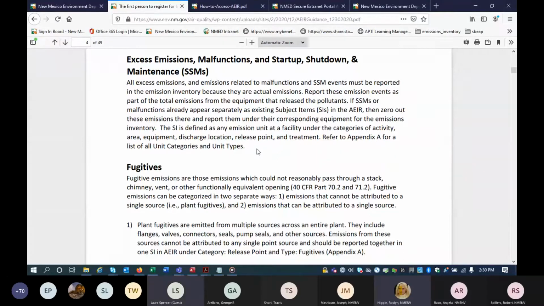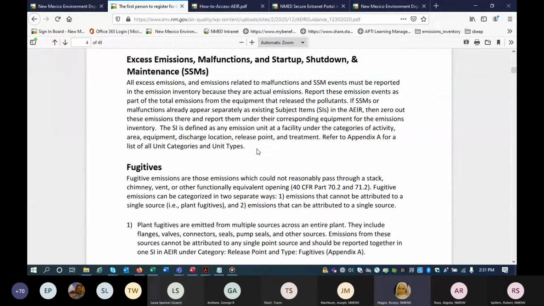And I have one more similar question. We have some facilities that are set up to blow down to a flare. And so those flare emissions capture those blowdown events or malfunction events already and are reported at the flare by default. Is that okay? Because they originated at the turbine or the compressor or the engine or something, but the emissions come out at the flare. Yes, wherever it was released is the piece of equipment where you add the emissions came from.